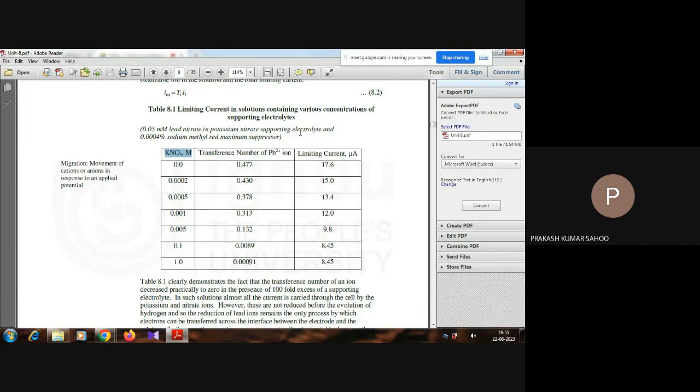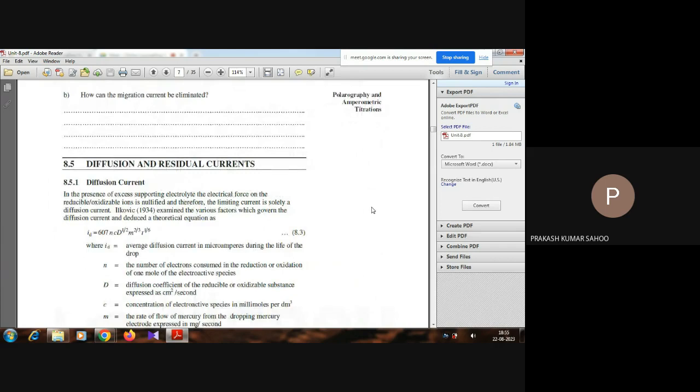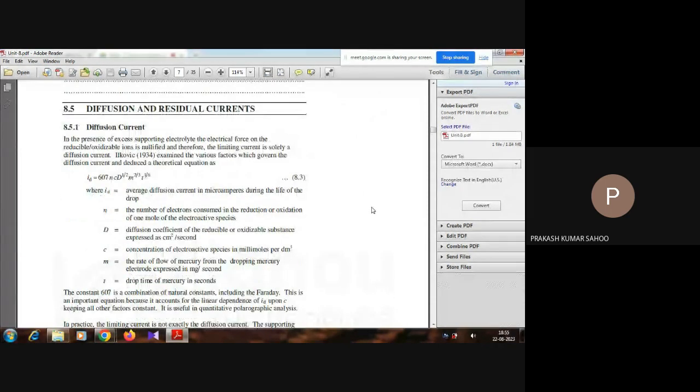So this is in addition to potassium nitrate. And what is the limiting current here in microampere, and these are the readings. Then we have diffusion and residual current here. What is diffusion? In the presence of excess supporting electrolyte, the electrical force on the reducible or oxidizable ion is nullified, and therefore the limiting current is solely a diffusion